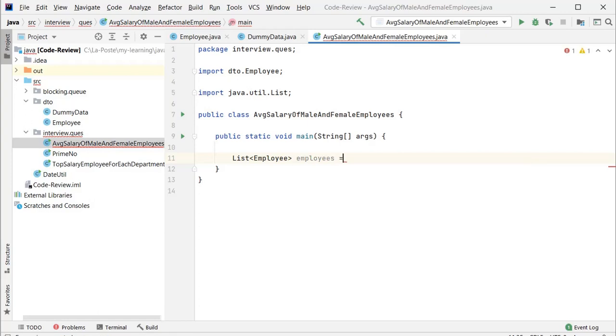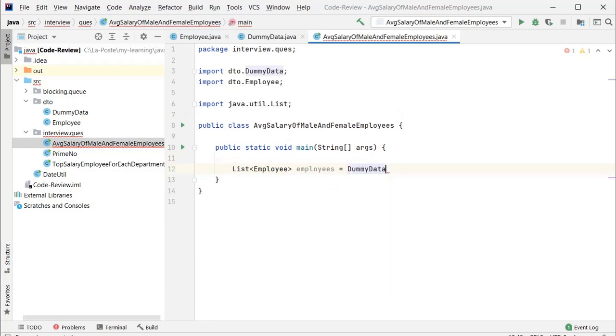Employees, Dummy.initData. Now on this I'll find out the average salary for male and female employees.